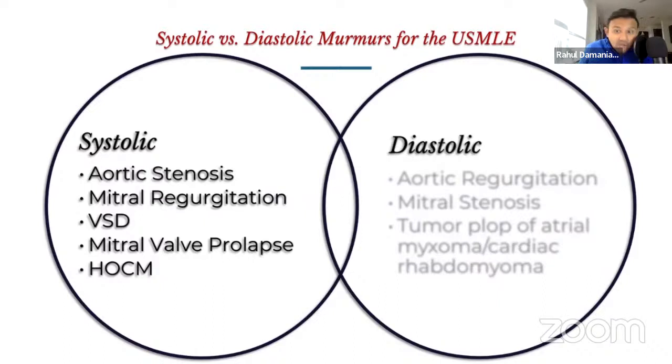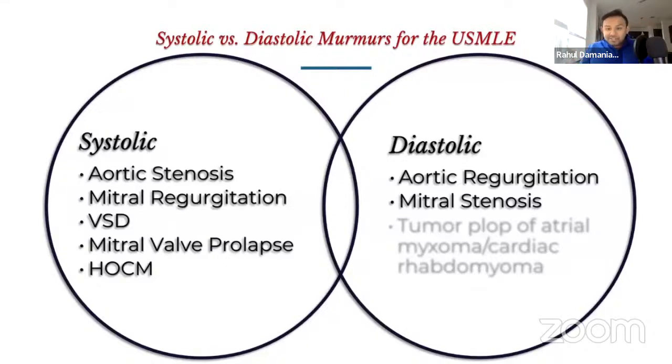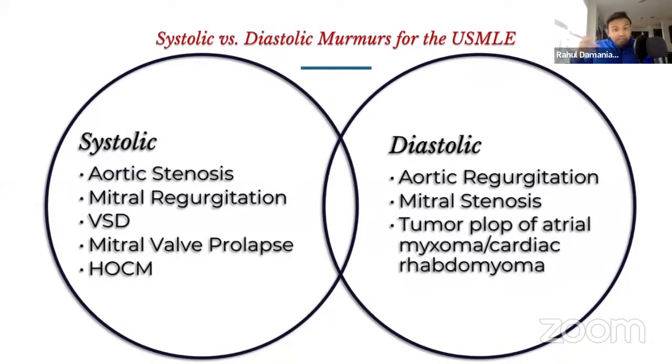When you're talking about diastolic murmurs, you are going to be thinking about aortic regurgitation, mitral stenosis, which is going to be related to rheumatic fever. We'll talk about that upcoming towards the end of the webinar. We're also going to be thinking about the opening snap that you will hear with mitral stenosis. And then finally, one that I put that is very high yield for your exams is the tumor plop of an intra-atrial mass, such as a myxoma or a cardiac rhabdomyoma. Remember that during diastole, these masses will create a ball valve effect on the mitral valve, for example.